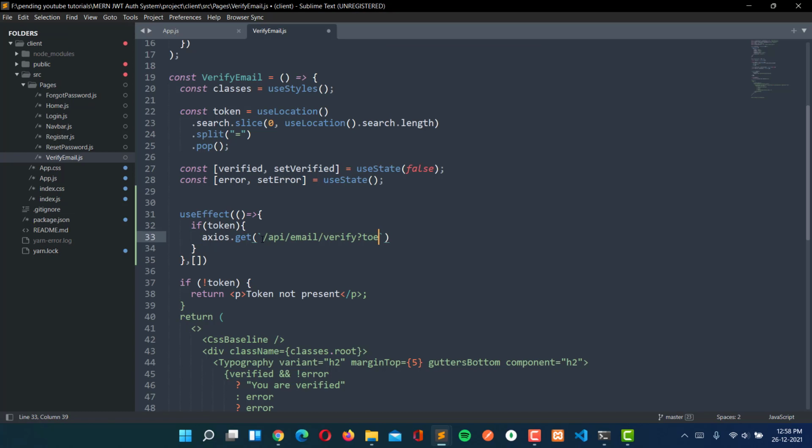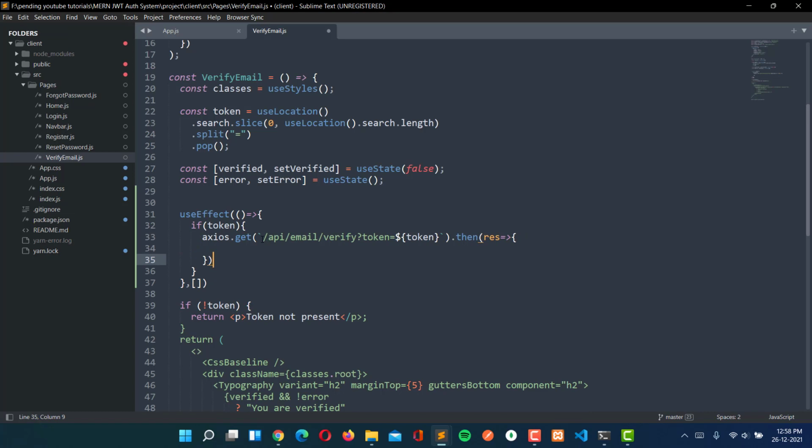So query we will pass token. So token will be like this, that is token. Then we will get the response here, otherwise we will get the error here.